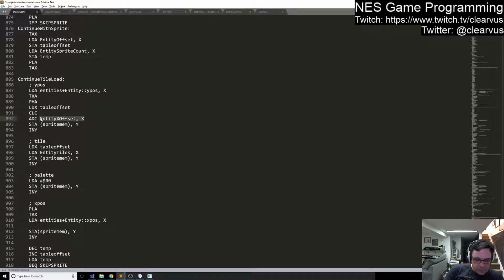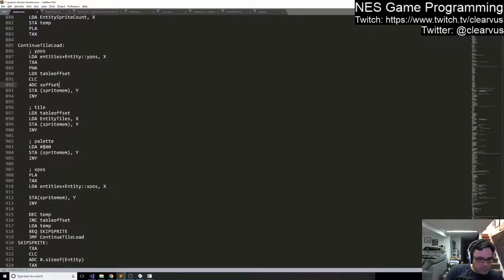Well, so what I want to do is I just want to say X offset here. And where is it? Oh no, that's Y offset, because it takes Y first, and then we load A, clear carry, add with carry, X offset. Keep doing that, and then we have our new X value, which is cool. So